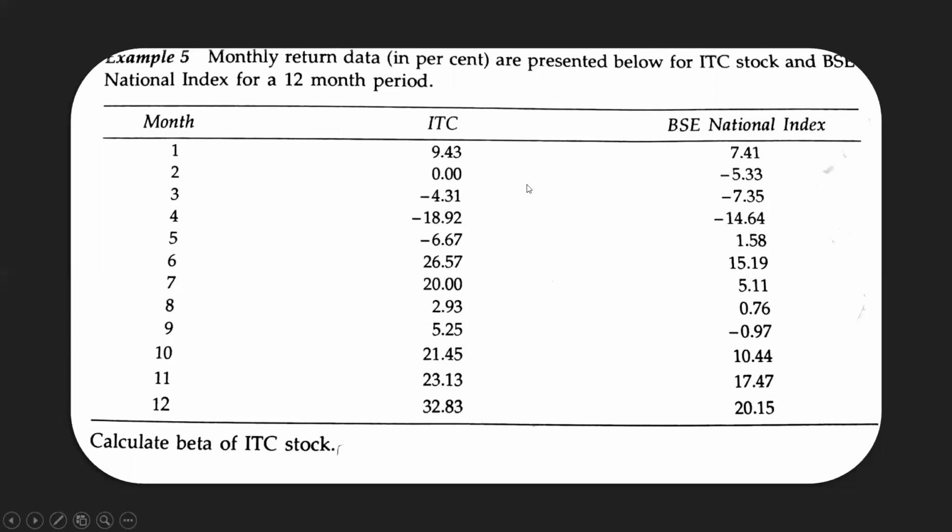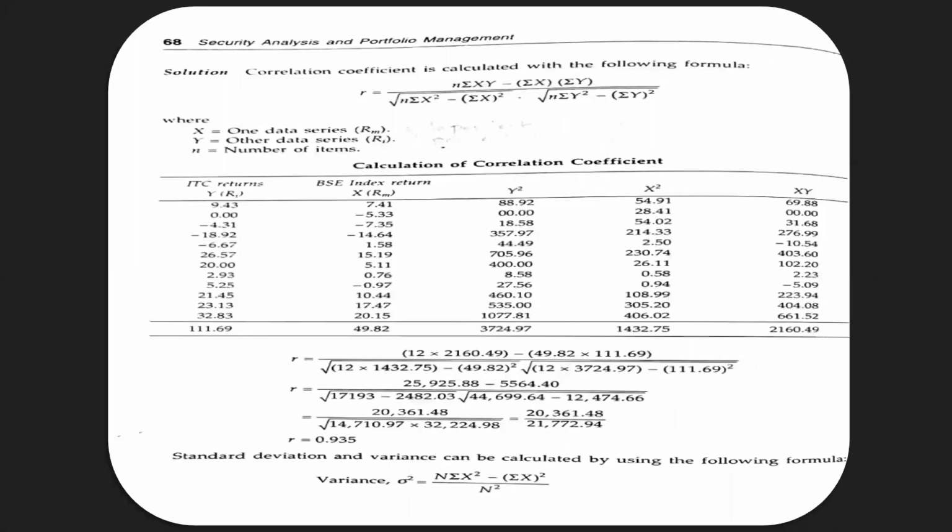Now, see the ITC stock, the individual stock values are given and the market index values are given. The market index is an independent value and the stock percentages are the dependent variables. So when you're calculating in the formula, always state the dependent variable values as the y variable and the independent values as the x variable. So going to the formula